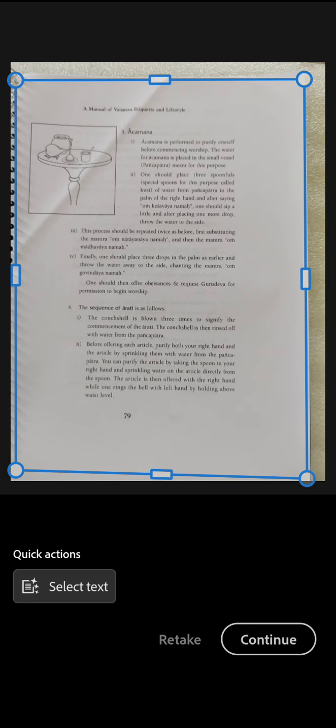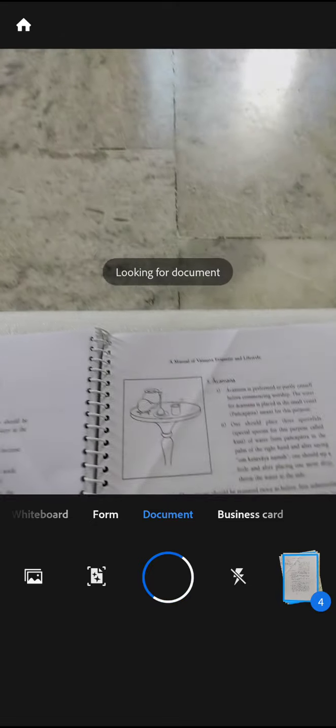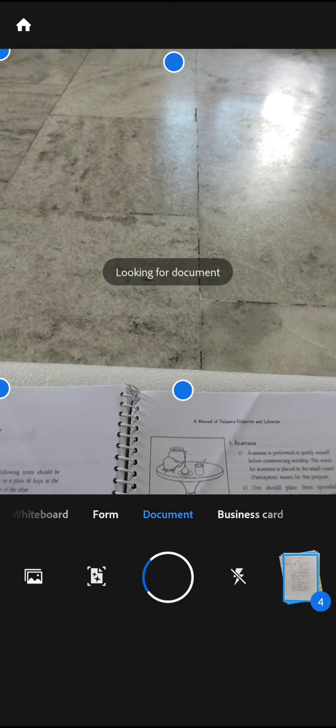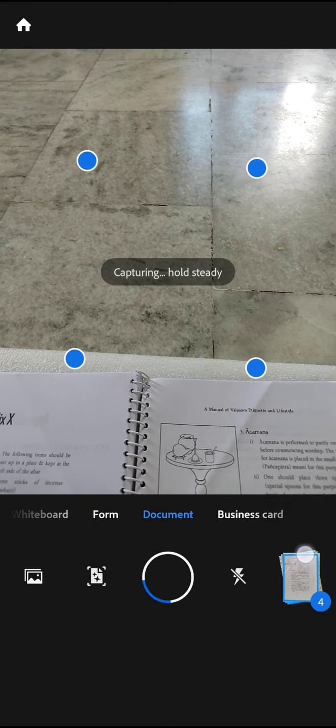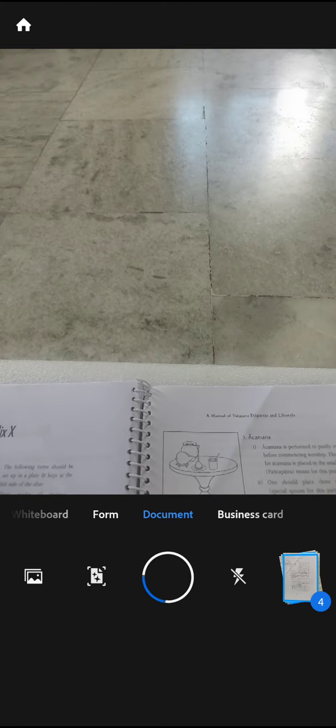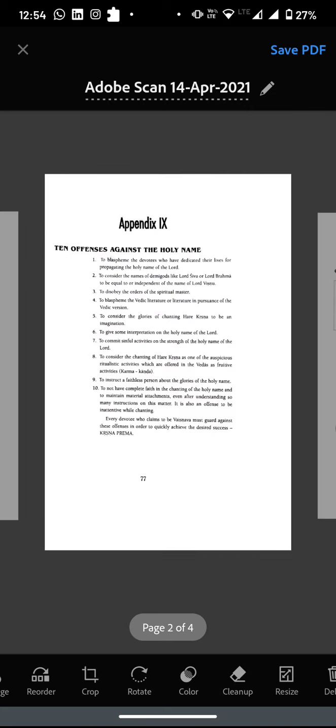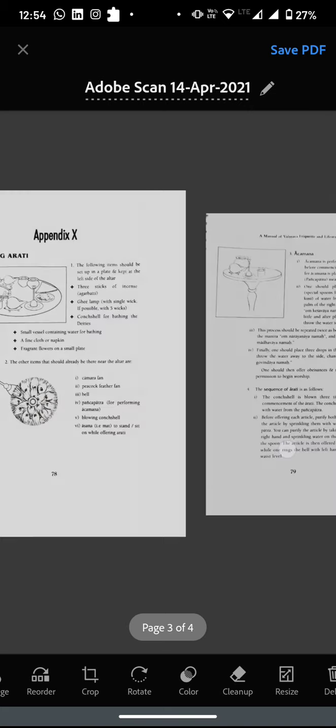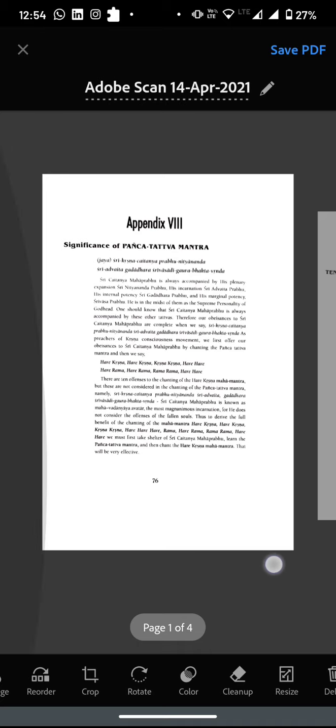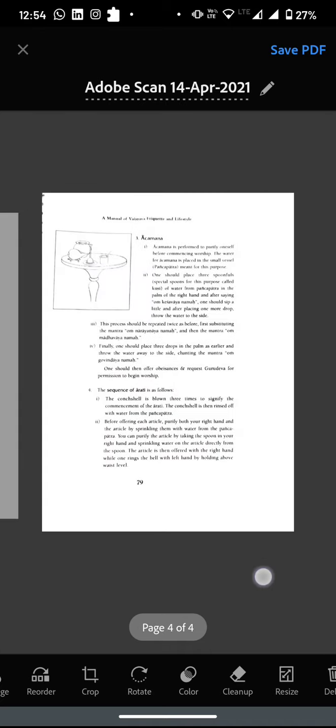You can just tap on continue, and now if you don't have to scan anymore, you can just tap on this document. You can just tap once on this document, and the picture icons that were showing, you can just tap on them and it will show like this. Okay, so you can move pages here and there from this.